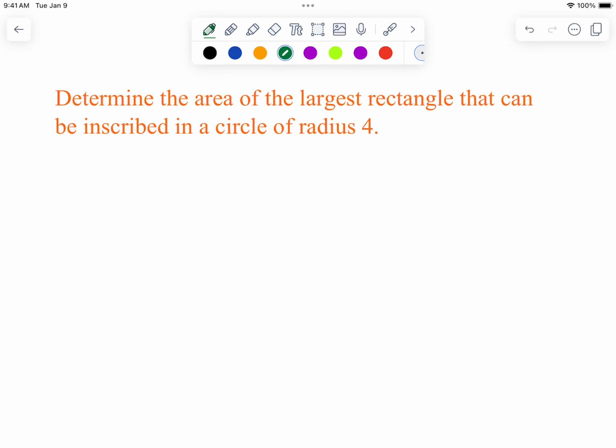So to start, I would recommend drawing this on a coordinate plane. You do not have to, but that's going to be in my mind. And when I go through my explanation of the answer, I'll show you why. But kind of the easiest way to do that, and what I mean by that is center the circle around the origin. So, if I draw this, and then we can draw like a circle, right? And then I've got my rectangle inside, boom, boom, boom, boom. And so now I can use the idea of the coordinate plane to help me come up with